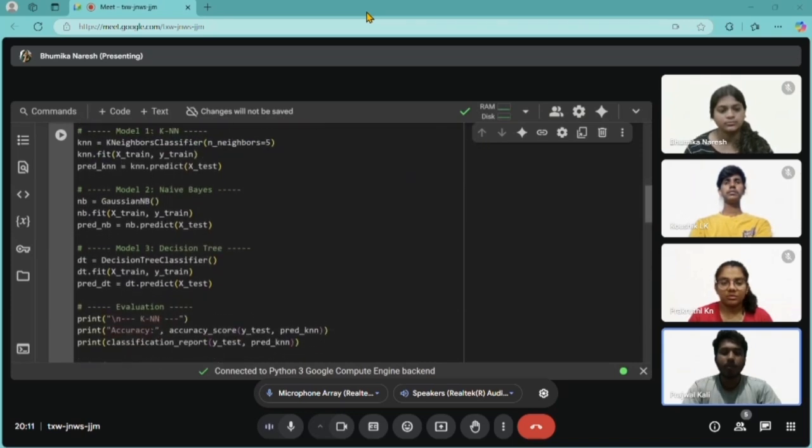Next, knn = KNeighborsClassifier(n_neighbors=5). knn.fit(X_train, y_train), then the prediction is knn.predict(X_test). Here, this code explains that KNN finds the 5 closest points to a new customer and predicts based on what